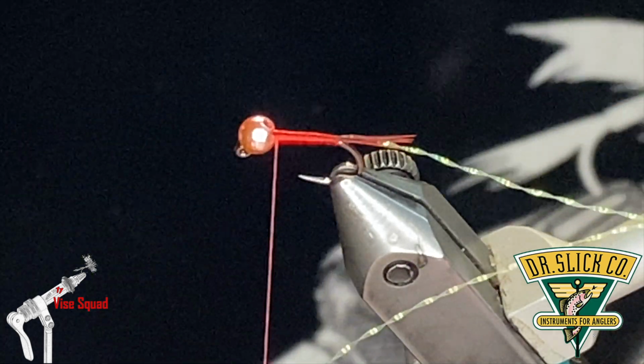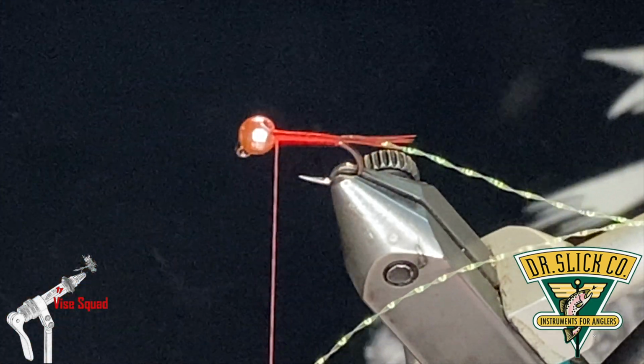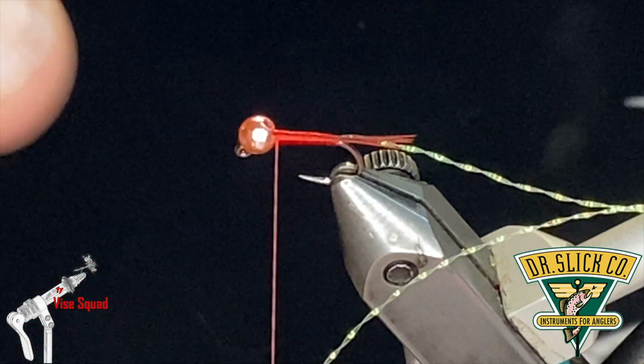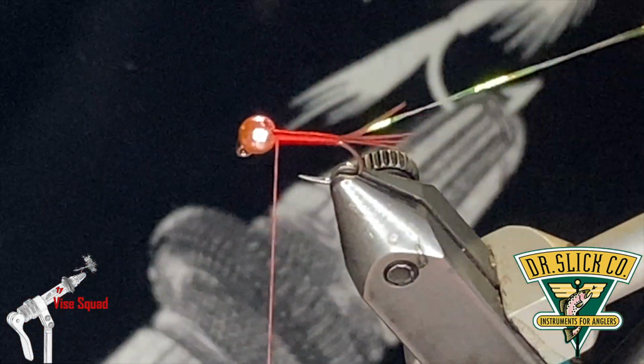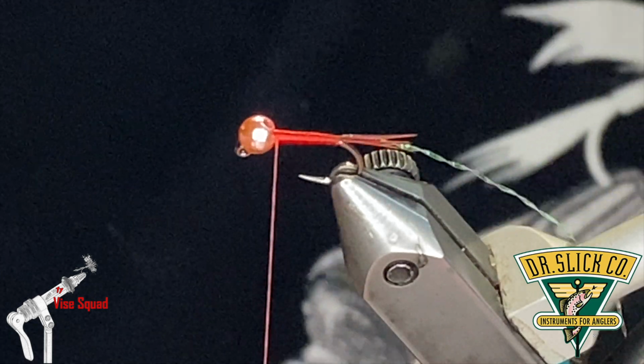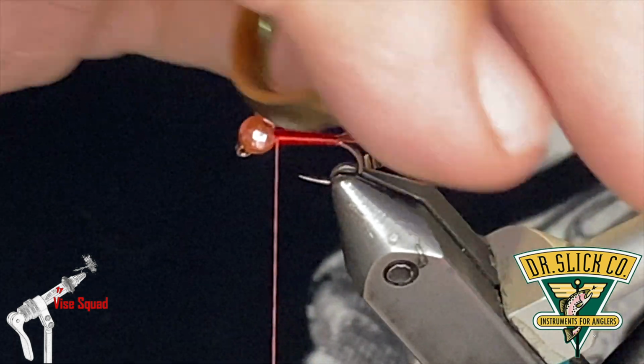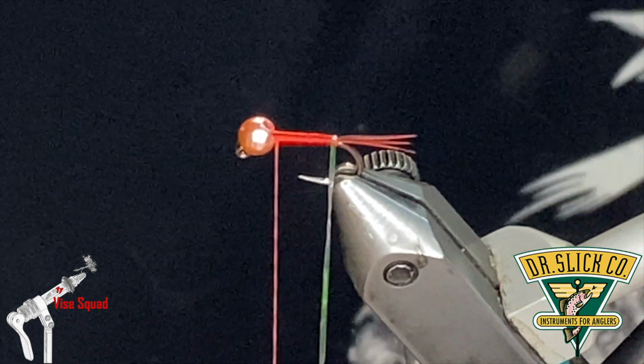So I want a fairly slim profile, because what we're trying to achieve is when this hits the water that it's just going to dive, and we're going to get it down deep and in a hurry. And I think if you build that body too bulky, that's going to just give you more resistance on the way down. So next we'll take that flash